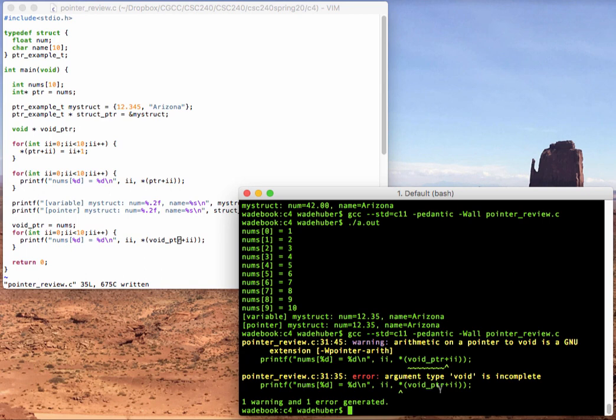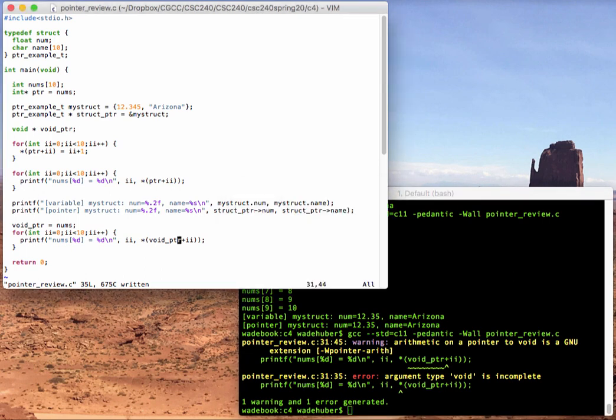If it's an integer or a floating point, it needs to know how to interpret what values are in that memory location, because a floating point representation is just bits. Same for a character, same for a string, same for an integer. So it needs to know how to interpret those bits,